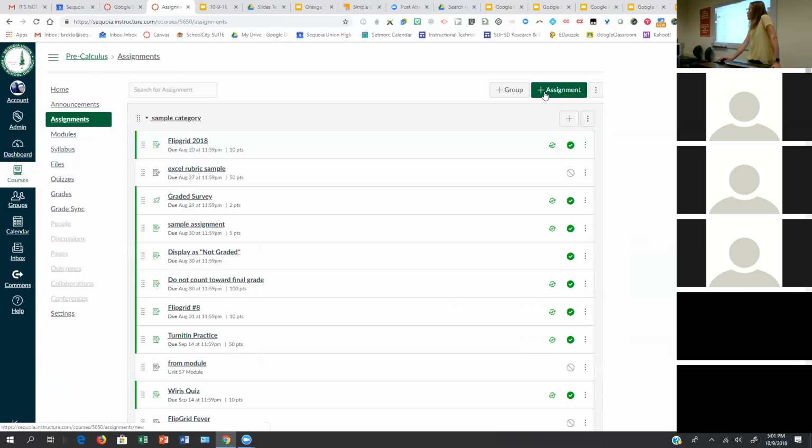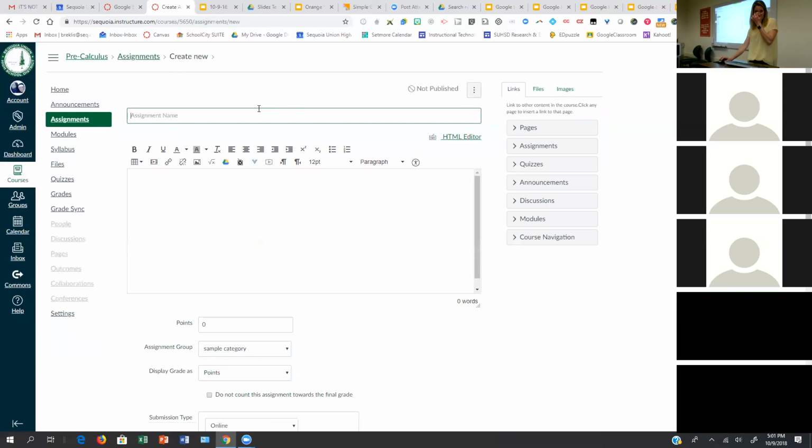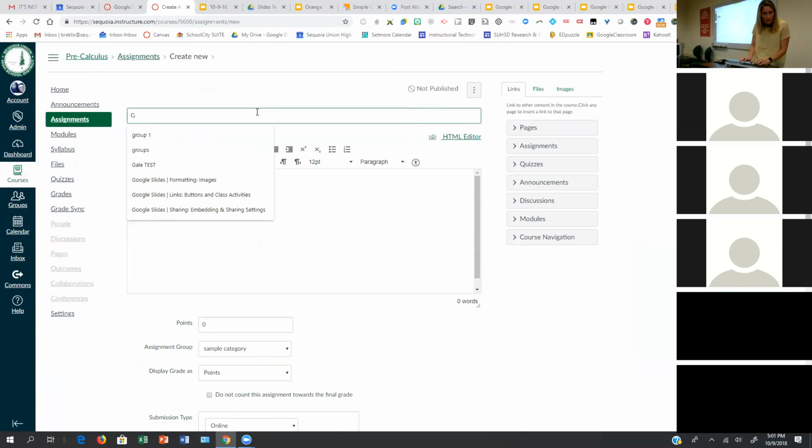And we're going to add a new one. I'm going to say plus assignment. I'm going to name it Google Slides, so then I can search for it later. Google Slide Embed.